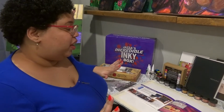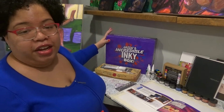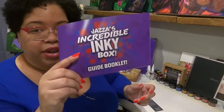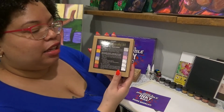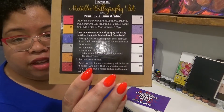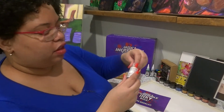Okay, so everyone has already seen basically the Jazza art box. The ultimate incredible Inky box is right here, and that is what I chose to pick up, and I love it. I can't wait to get started. We have this little box. We have our metallic calligraphy kit with the Pearl X and gum Arabic different powders with all of these colors. We have some of these